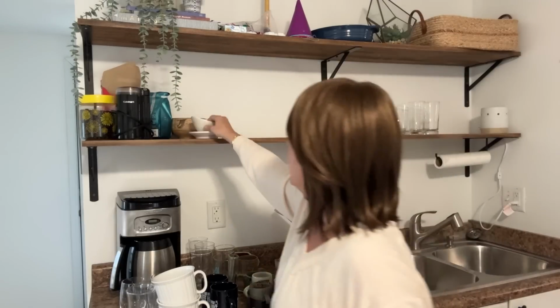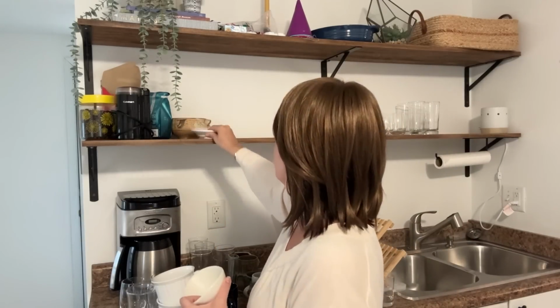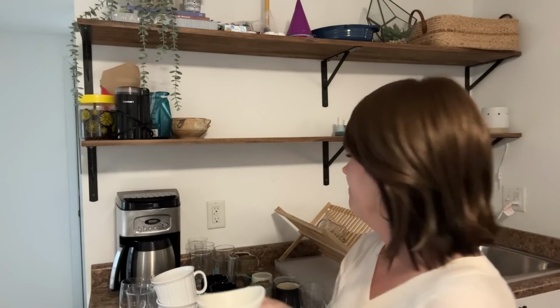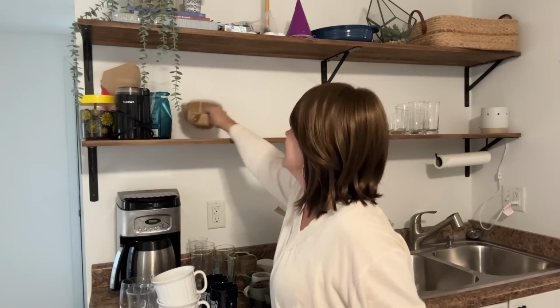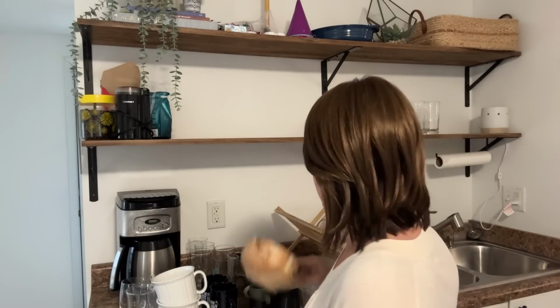Now here we have, okay, so, oh, I thought that was a pour over. I thought this was a pour over coffee thing. It's not, just more kind of cutesy random dishes. I don't know if these are gonna make the cut. And yet, 1 more. Okay, now, if this was your grandma's artifact from coming over from Europe in the 1800s,